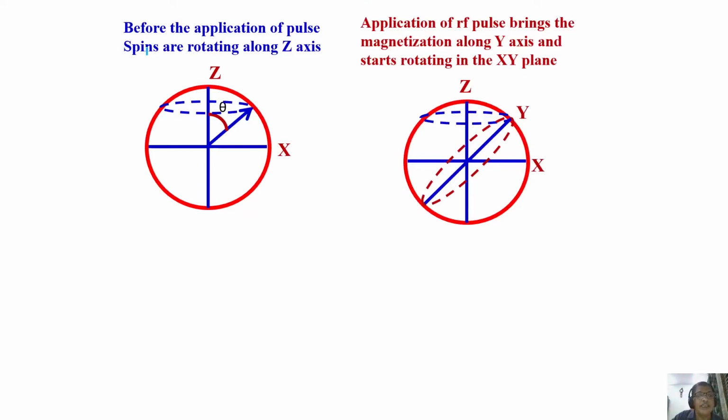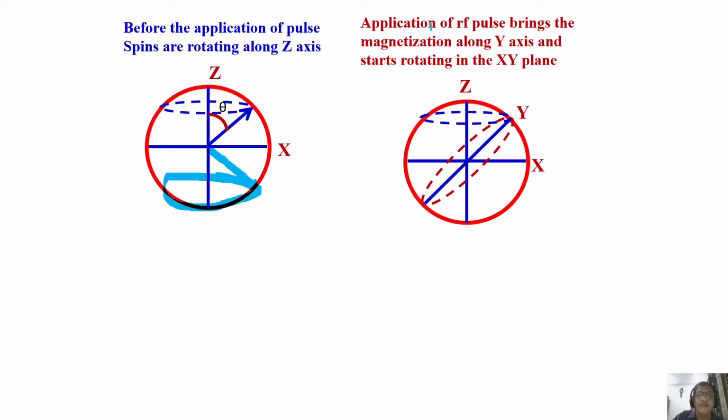Now, before the application of the pulse, let us understand what is happening to the spins. Spins are rotating about the z-axis. Remember, this is how the spins are rotating. That's the precession we are talking about. Individual magnetic moments are precessing about the z-axis, making an angle theta. This theta I know for two orientations of spin of nuclei. Along this axis, and also it rotates along this axis. It keeps rotating like this.